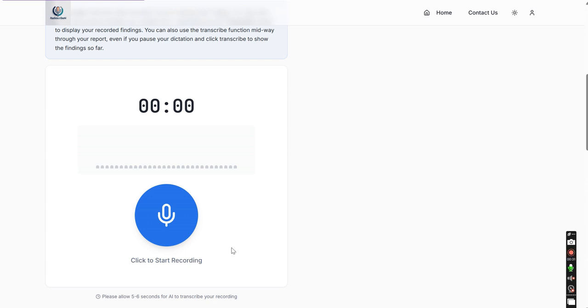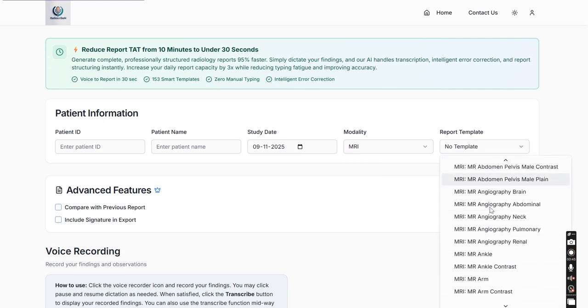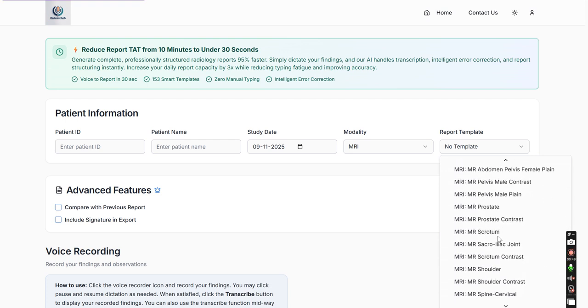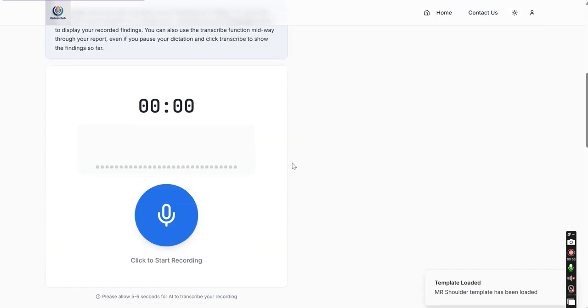So say you have got a case of MRI shoulder. So we can use the template here. Right now we have for CT and MRI all the templates, but we'll also be adding for ultrasound. So we select MRI and then we go into the drop down and we select the shoulder one. So let's say you've got a case of MRI shoulder and